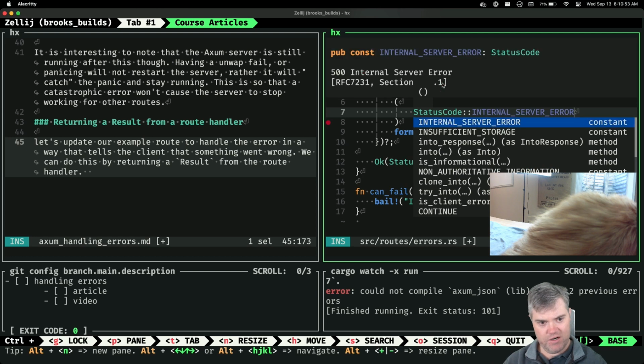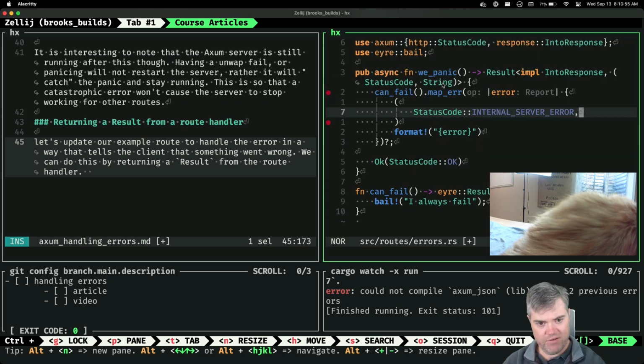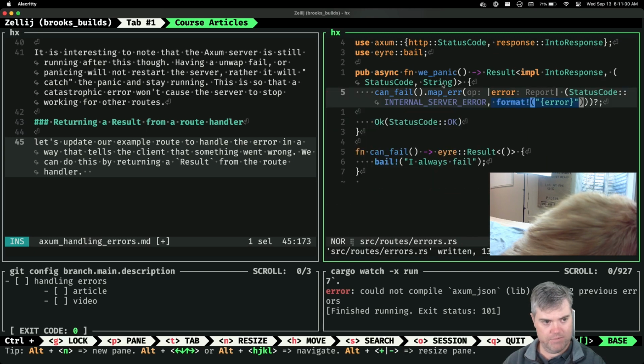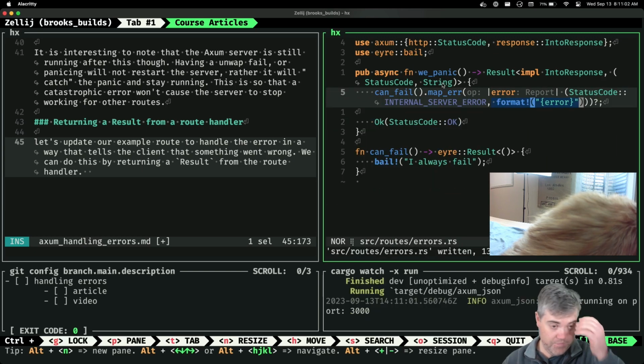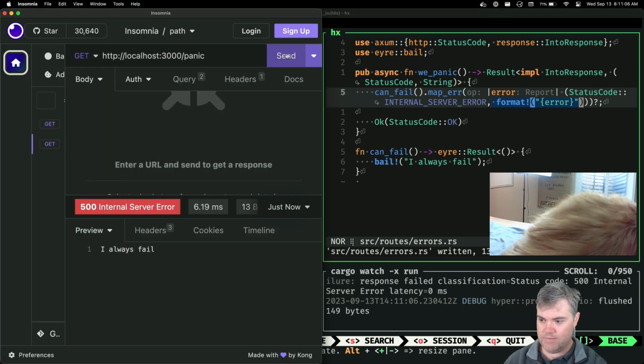Probably internal server error. So we get that 500, and then we'll throw you in here. I was really hoping that returning an error would automatically mean a 500, but it doesn't.